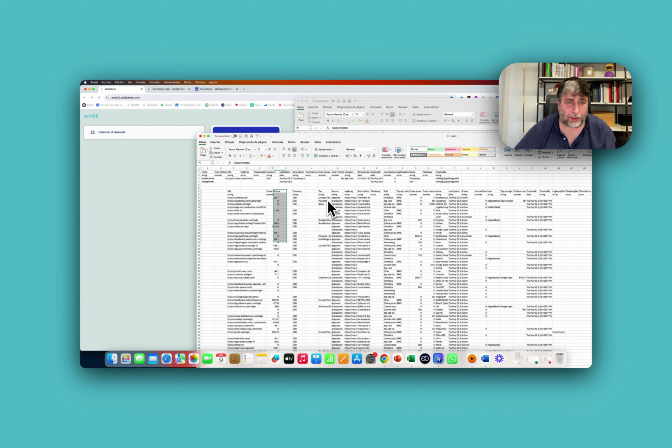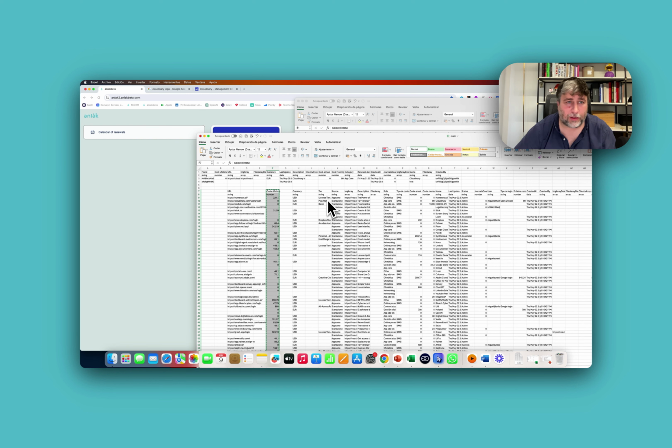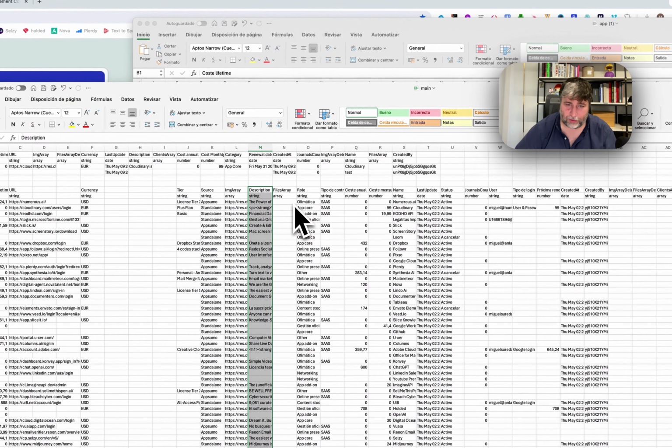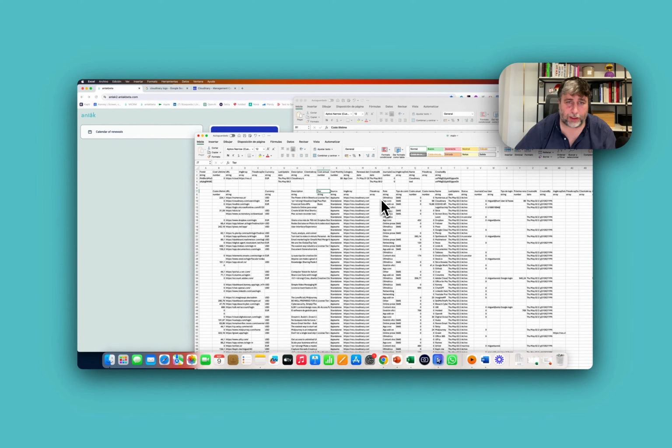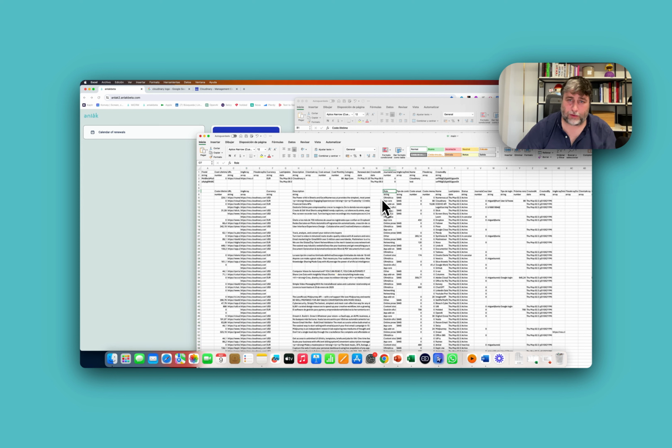What is currency, cost lifetime, it comes here, currency, description, comes here, tier, I don't want this, source, I don't want this, image array, I bring it here, role, I will bring it to my